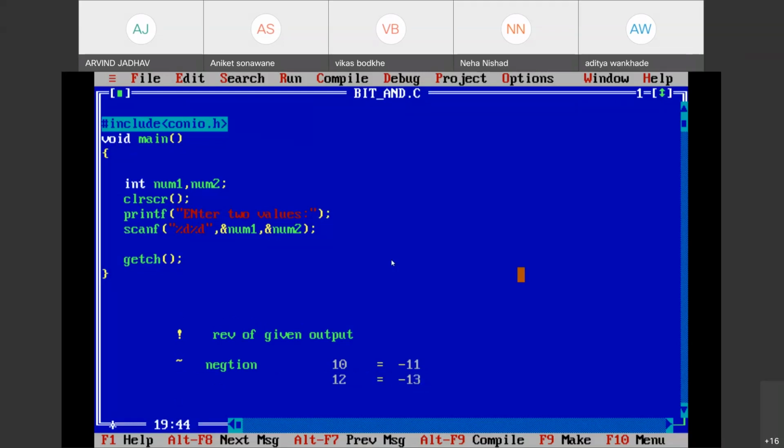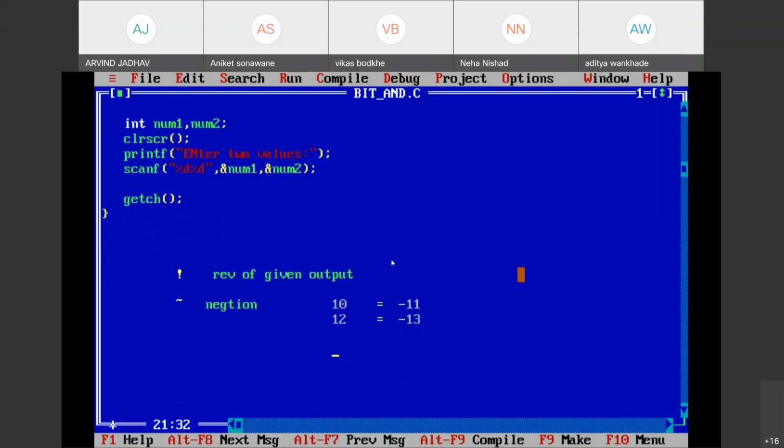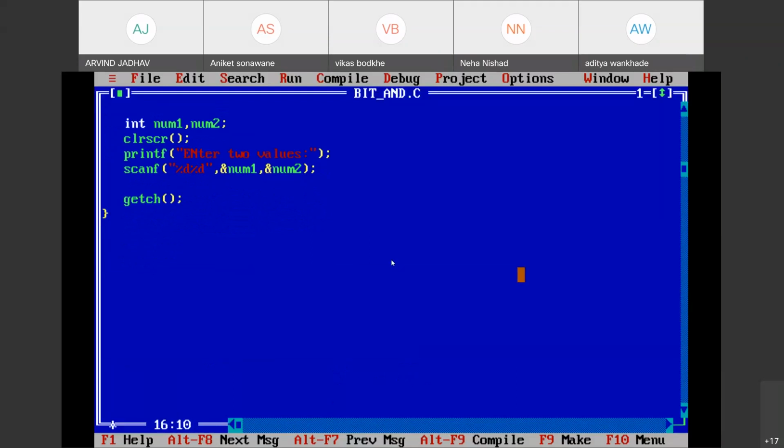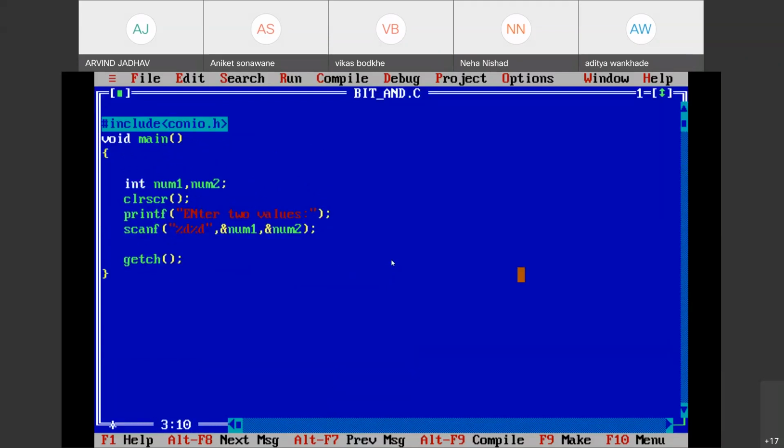Okay, this is your task, I will tell you. Tomorrow, in the next lecture, I will discuss how it will be converted and how it happens. Okay, so make a note of that right now. You just need to understand, if we provide any number, for example 10, for example 5, then negation will give -6. Okay, so remember this, that's it. Or if we get time today, we will perform it today itself, no issue.